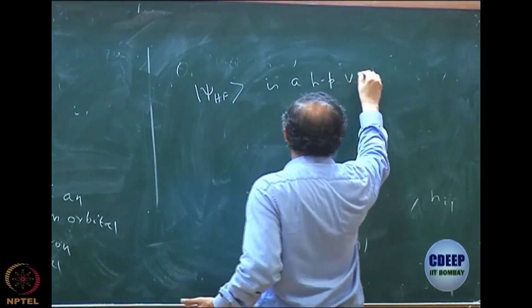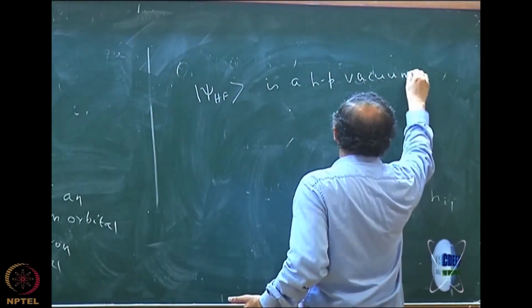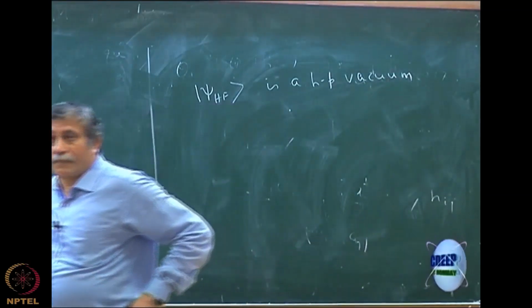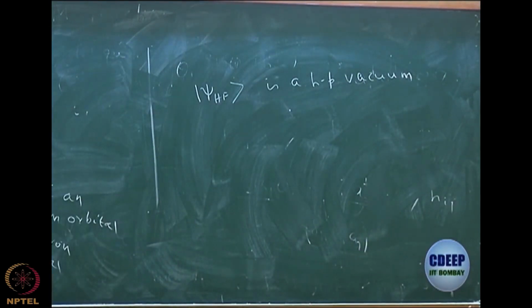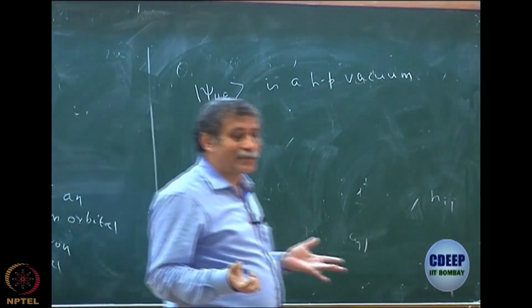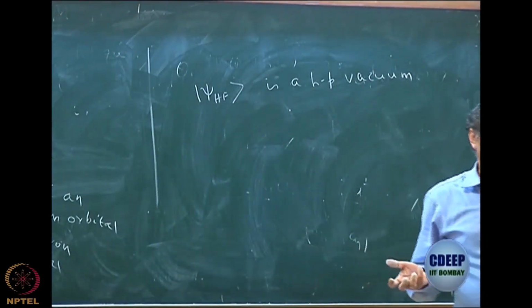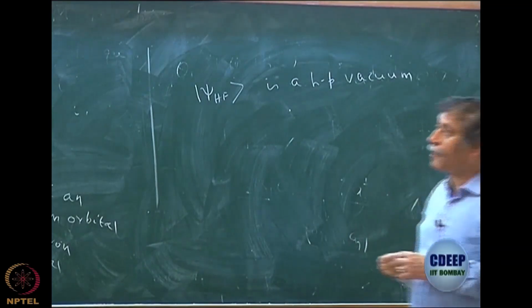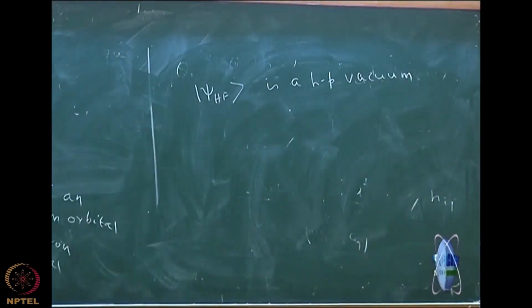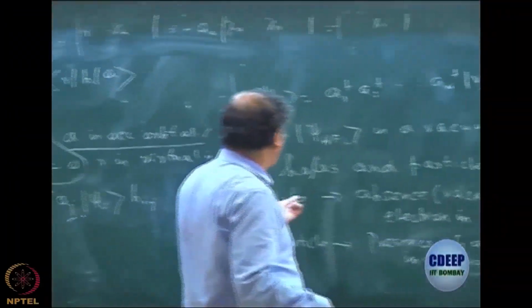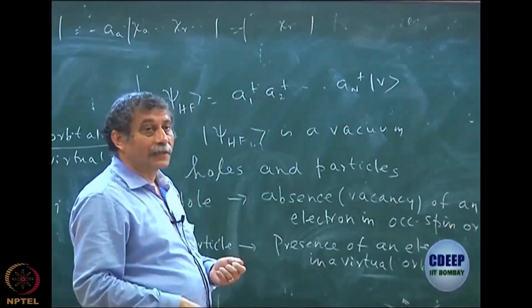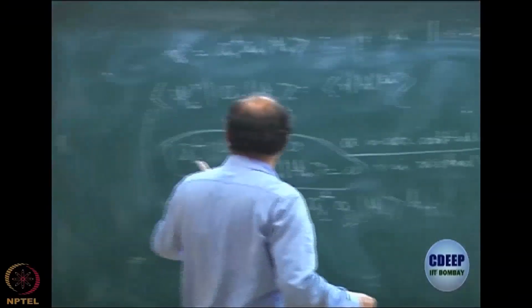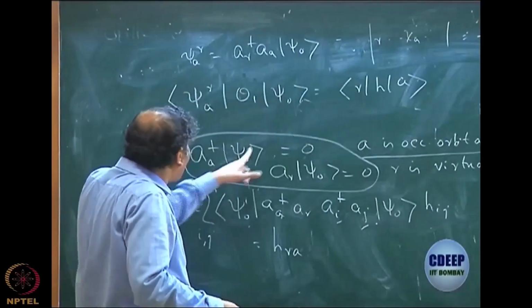It is not a physical vacuum. This is not a physical vacuum, but it is a vacuum in the sense that it does not contain holes, it does not contain particles. So, I should be able to define creation and annihilation operators not in terms of these, but in terms of holes and particles. Then I need not write such an unphysical statement that something annihilation equal to 0